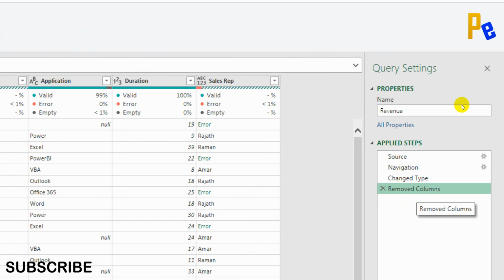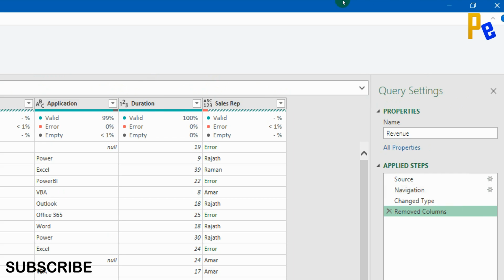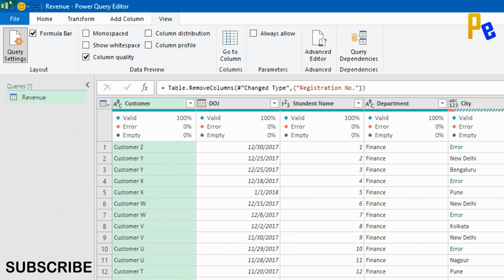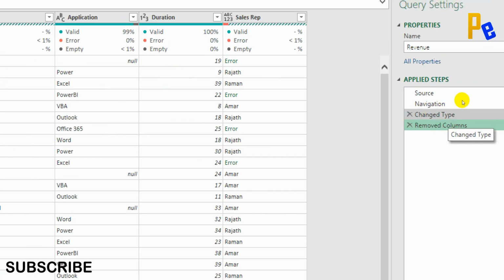And we need to understand how this step is recorded in Power Query Editor. Whatever steps are recorded in Power Query Editor are called M language, and that script will be available on the formula bar. In the formula bar, the code is written as Table.RemoveColumns. Please remove this particular column from the table after the changed type step, because changed type is a predecessor for removed columns.